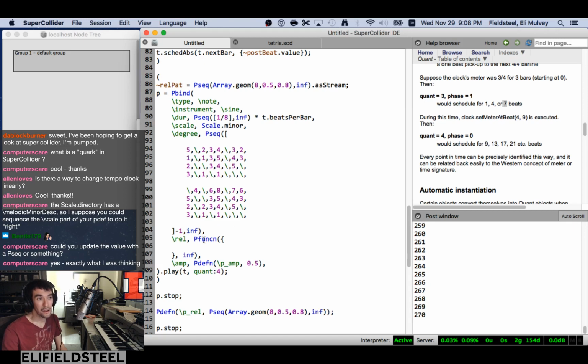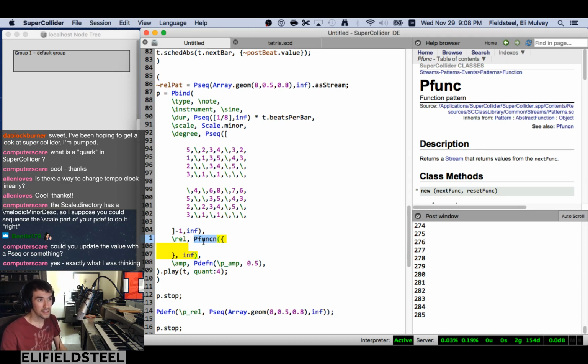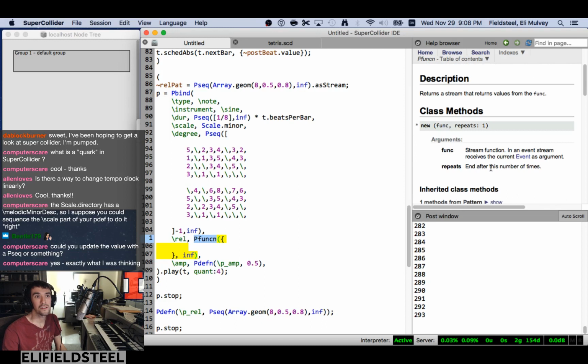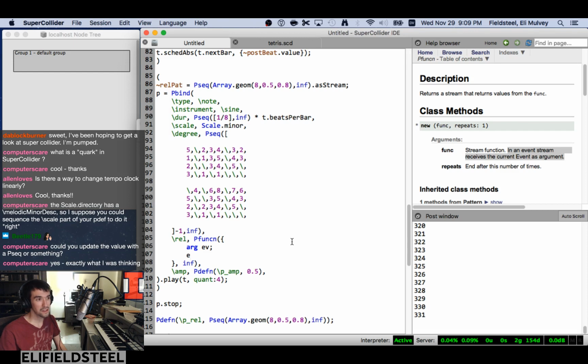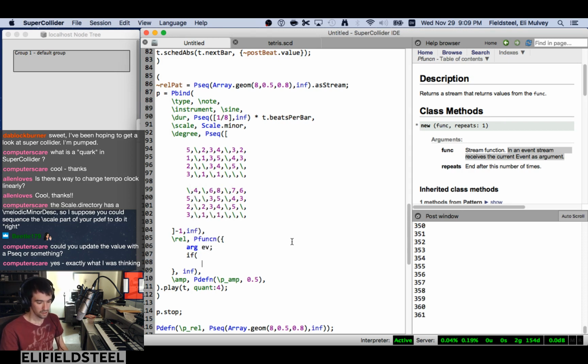What's nice about the Pfunc, this one here, and also Pfuncn, is that inside the function, you are allowed to declare a single argument which represents the current event being generated by the played Pbind. So we can just say arg ev, and then once we have the event, we can treat it sort of like an array or a dictionary, because that's kind of what it is. Event is a subclass of dictionary, which is a type of collection. So we can say if, this is some advanced stuff right here, if event at degree